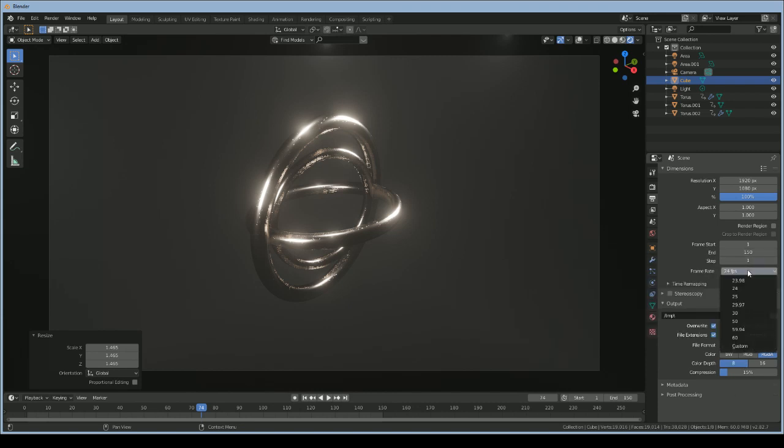I'm going to change the frame rate to 30, and then we're going to make a new file. I always save them to my desktop, and then I'm going to add a new folder, and I'm just going to call this animation. Hit accept, and then double click to make sure you're in it, because it can save to your desktop, and you don't want that, it's going to be annoying to deal with. Hit accept,